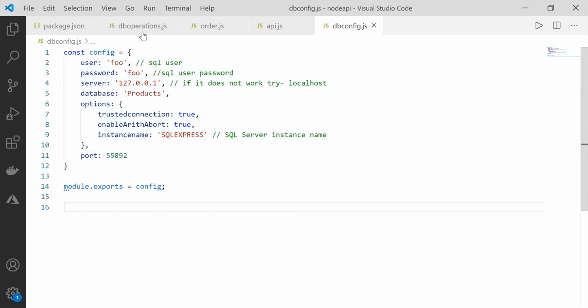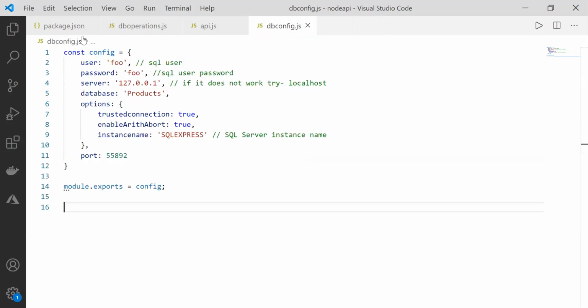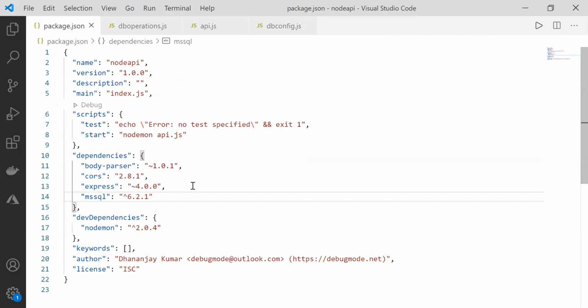Then I have created an order.js file. It represents the order table. Here I have a class Order. In my order table, I have title, quantity, message, city, and all, and this is just representing that. So that is order.js. Then in package.json, you can see that I'm using libraries like CORS, Express, MS SQL, and body-parser, and I'm using those libraries to create the